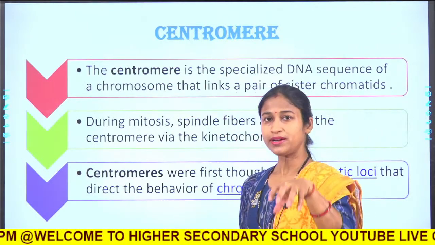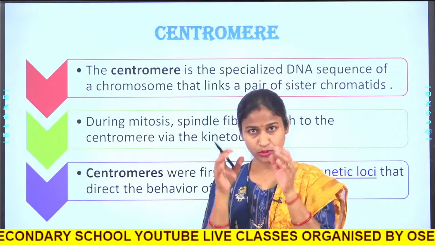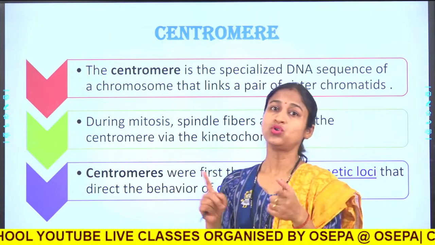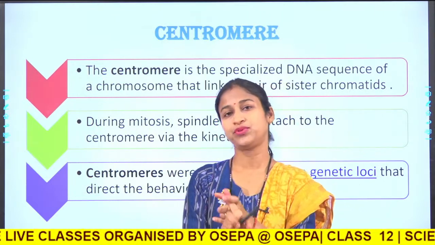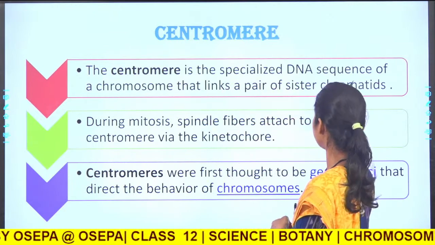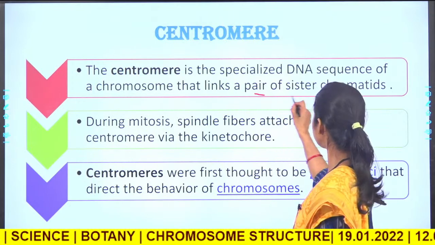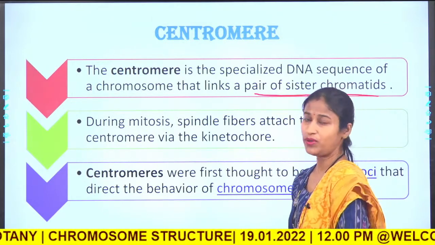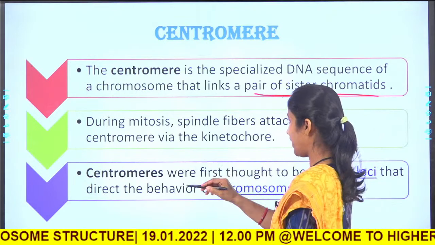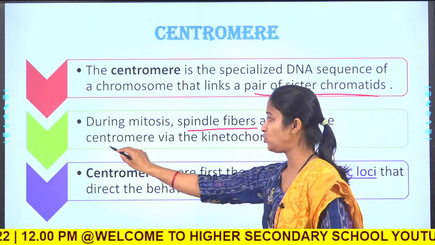Now next, what is centromere? Centromere is the central portion, a location or position at which the two sister chromatids meet each other. You can see this is a specialized DNA sequence of a chromosome that links a pair of sister chromatids. During mitosis, the spindle fibers attach to the centromere